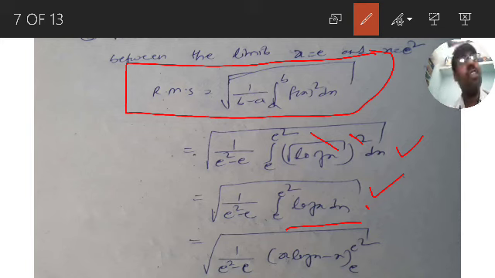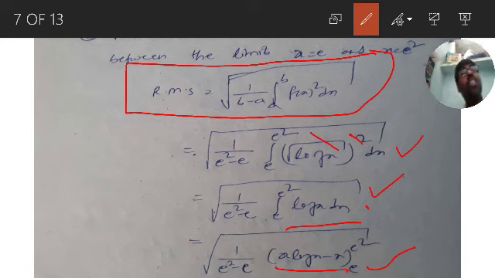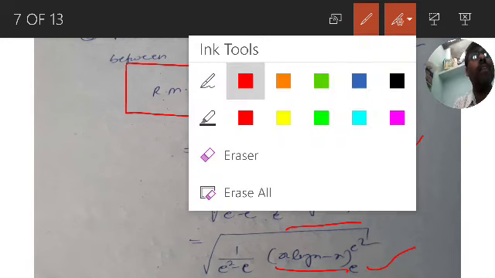The formula itself was asked about 2-3 times for 1 mark. Last year also they asked to write the formula for integration of log x. Integration of log x is x log x minus x. So from it e to e square. That is the formula, guys. Integration of log x is x log x minus x, so that is square root of 1 by e square minus e, x log x minus x from e to e square. Are you getting?